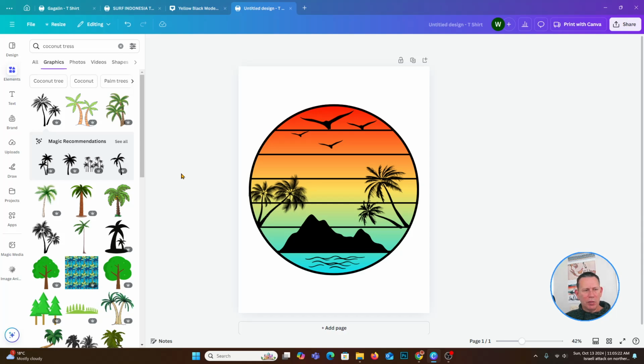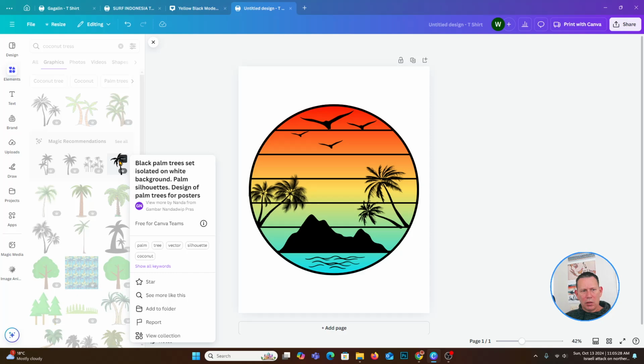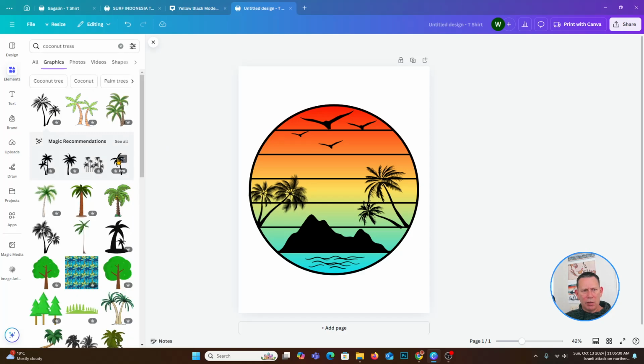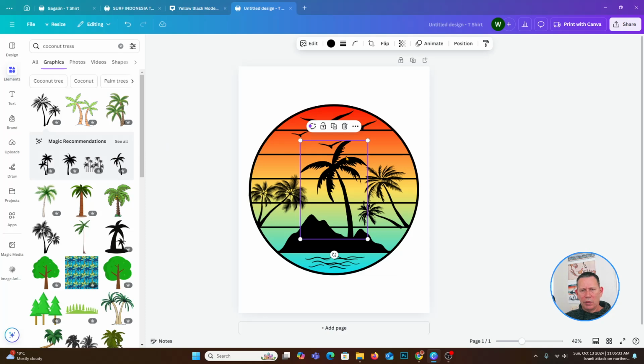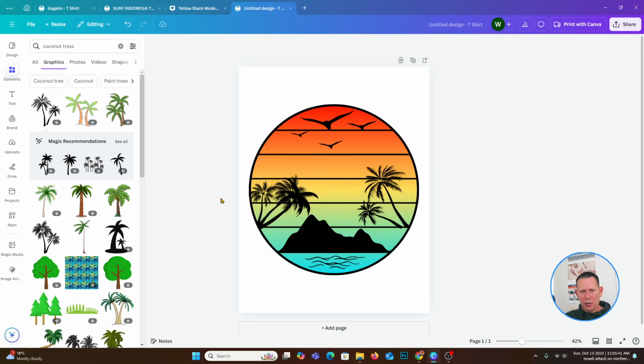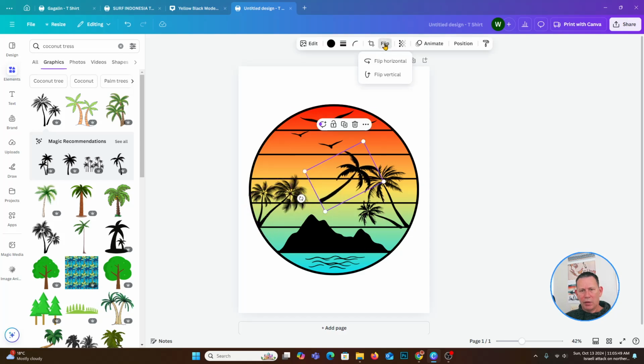Now I want a single tree because these are all double trees. I've got a single tree here on the left. Okay, let's grab it. There it is. Now I'll make it a bit smaller, rotate it around. It's a nicer looking tree there. On this side I'll flip that over, flip it horizontally, and then I'll rotate it and bring it down to here,